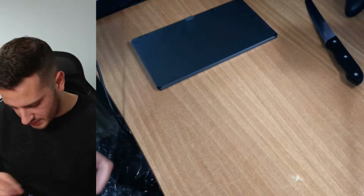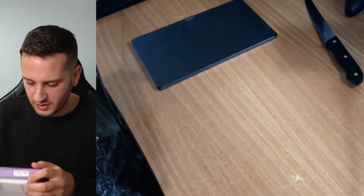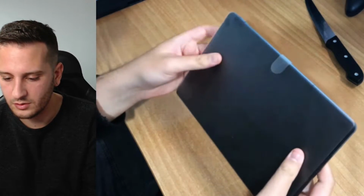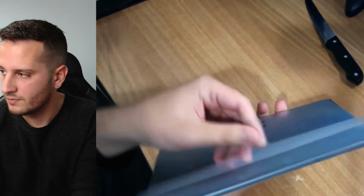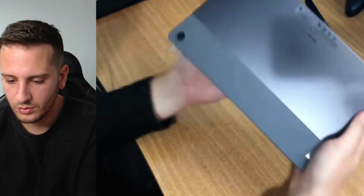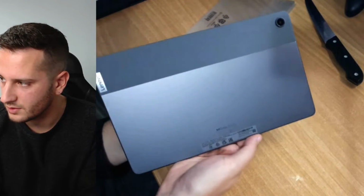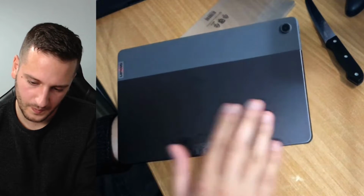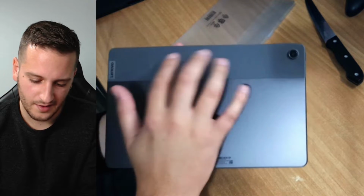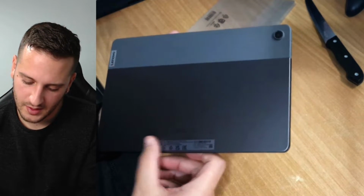Here in the middle, nothing else. And remember always that I keep my receipts in the boxes, so I'm not gonna throw this box. Here's the tablet. Let's take it off. Nice, guys. Oh my god, look, it really feels very good. This is like a matte feel, something like that. A sticker here